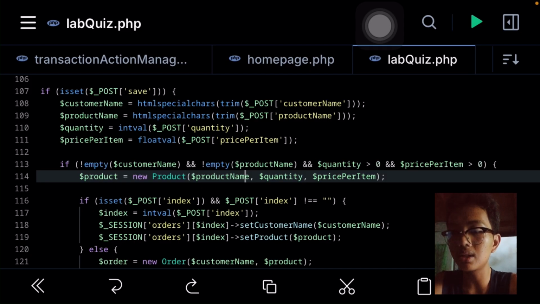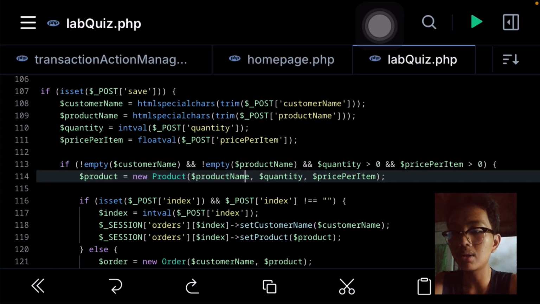And for quantity, we will convert its data type into integer using the intval method, and for price per item, we will convert it into float using the floatval method.